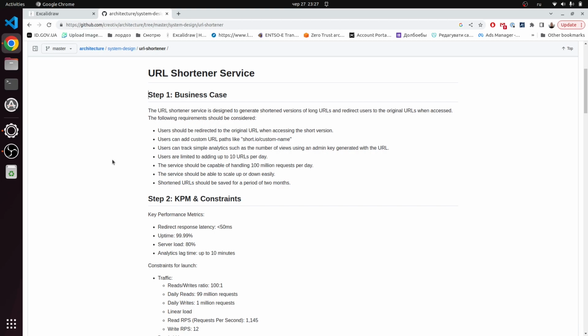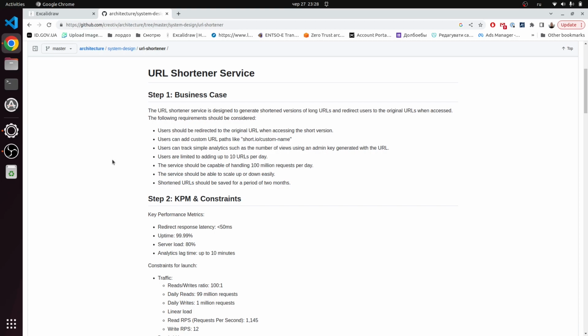Users can track simple analytics, like usage numbers, using the admin key generated when we add a new shortened URL. Users are limited to adding up to 10 URLs per day, for example,